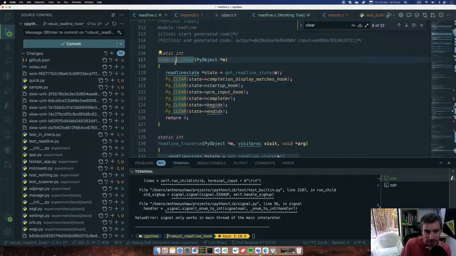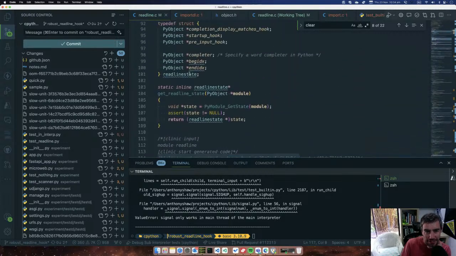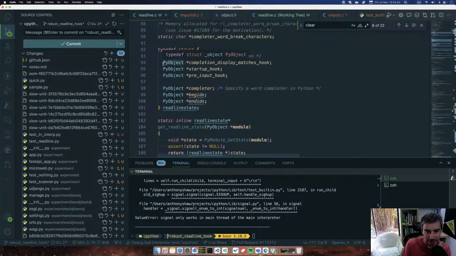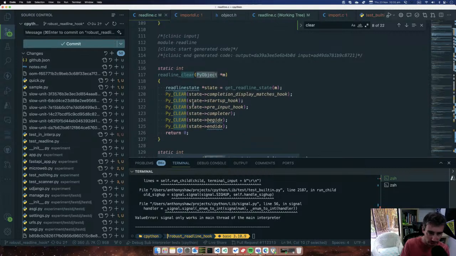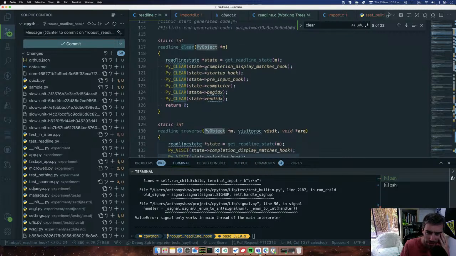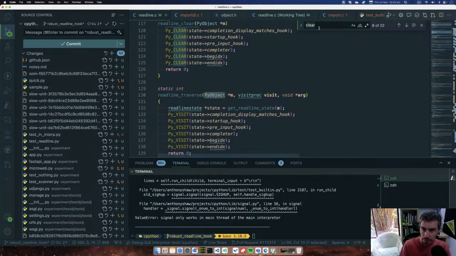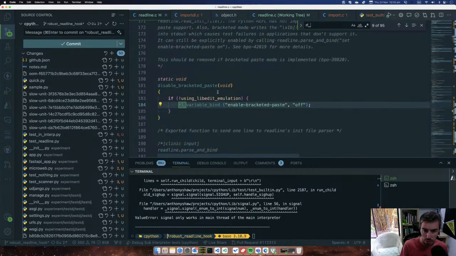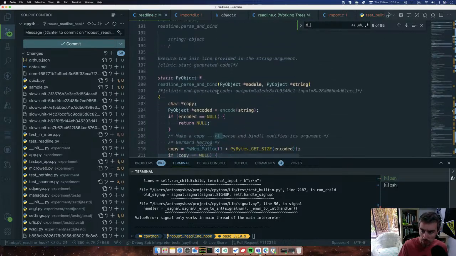So readline clear, which is clearing these fields, right? It's clearing that from the state. There is no state because it didn't import the module in the first place. So we don't want to call this function because that'll probably just crash anyway, because you can't clear the module because it never got imported. The thing we want to do is remove the hook, which was